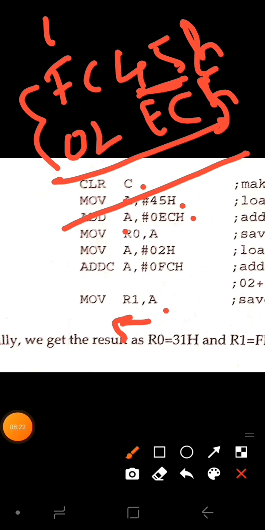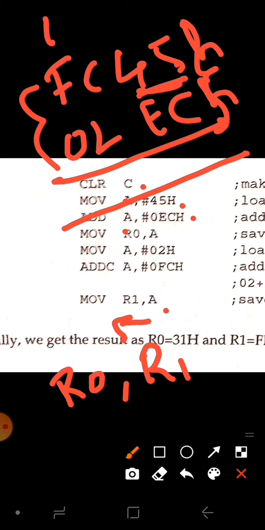Therefore, the lower order sum will be stored in R0, and the higher order sum will be stored in R1. After this addition we will get the result R0 equal to 31 and R1 equal to FF.